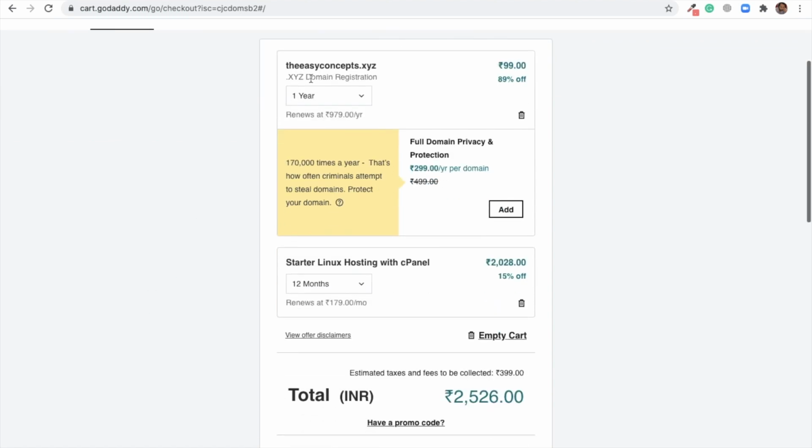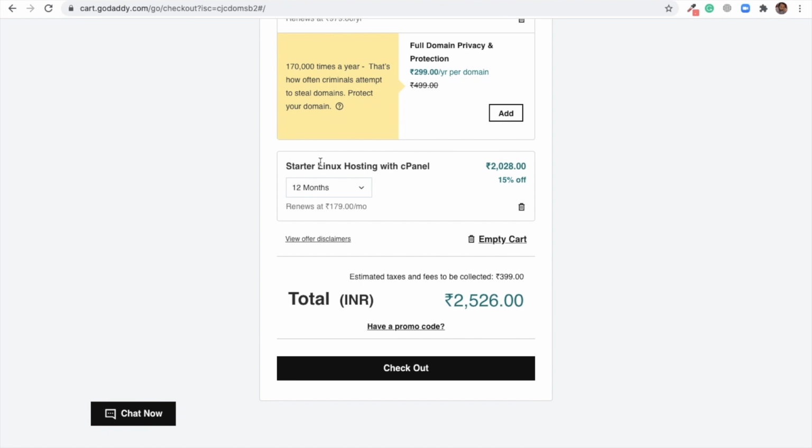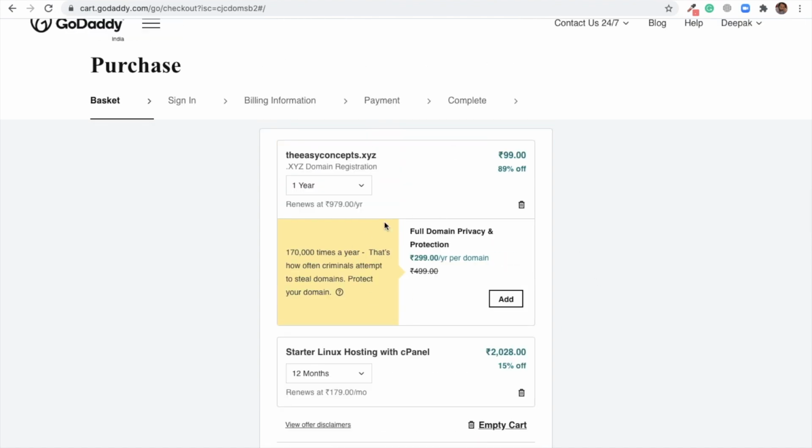And now we have the concept.xyz in our cart and starter Linux hosting with cPanel in these many rupees. So actually you are spending 2500 rupees to buy all these things. Clear? But I've already bought these things, so I will not do this shopping again. But you can do this, right?